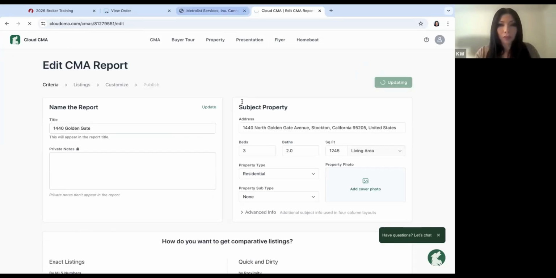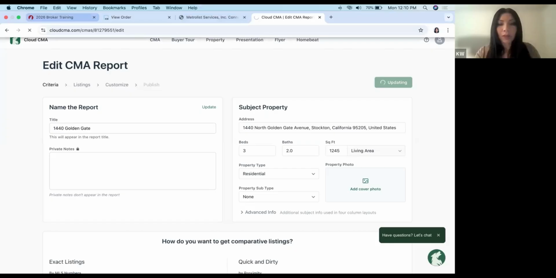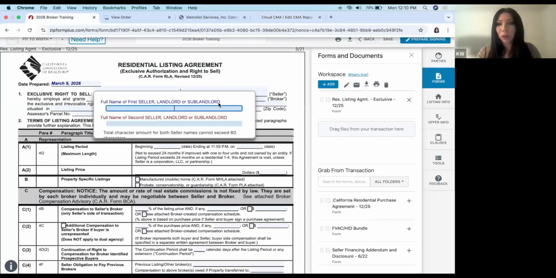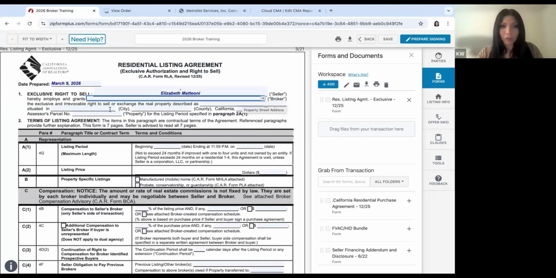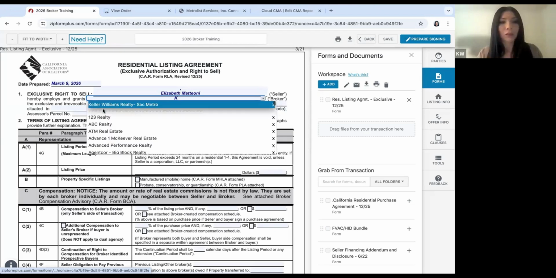And then under broker, we put our name. So it's KW Sac Metro. Exclusive right to sell the property. And then we would put the property address. So 1440 Golden Gate Avenue, situated in Stockton. And our county, San Joaquin County. Zip code is